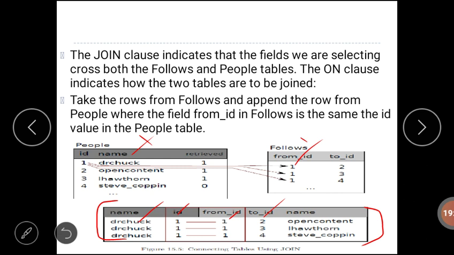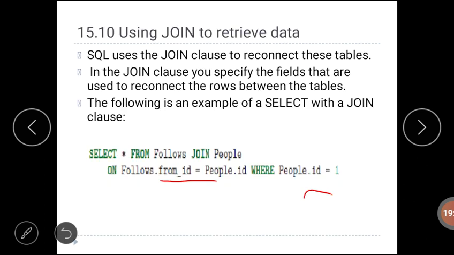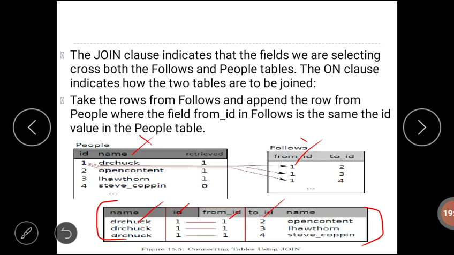Here we are comparing follows.from_id equal to people.id, where people.id equal to 1. Wherever you have people id equal to 1, we are just retrieving that particular data. Okay, thank you.